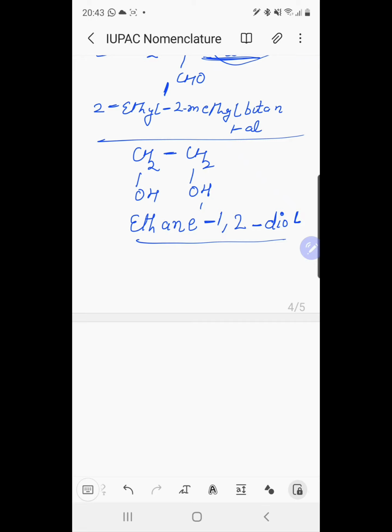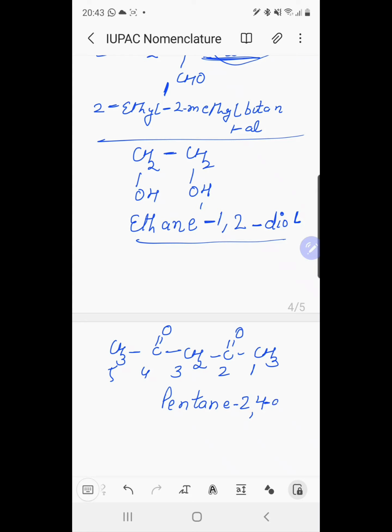Similarly, like CH3 CO, CH2 CO, CH3. So we name it 1, 2, 3, 4, 5, pentane-2,4-dione, pentane-2,4-dione. Similarly,